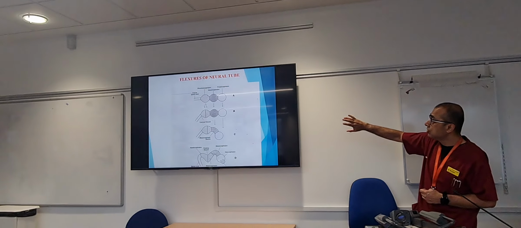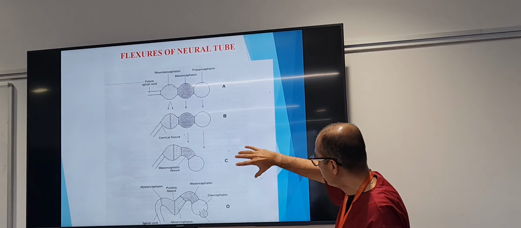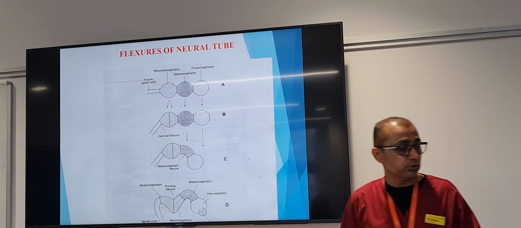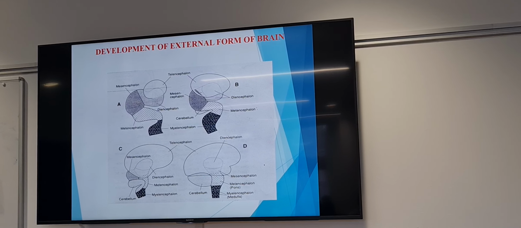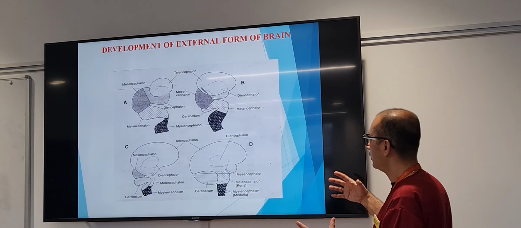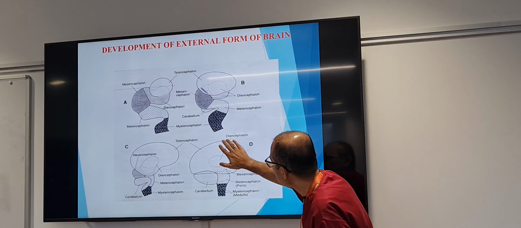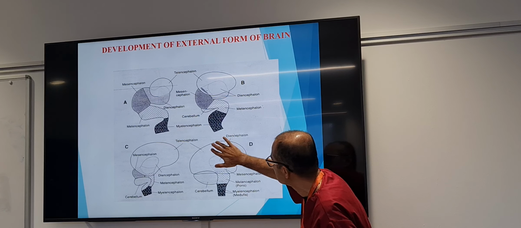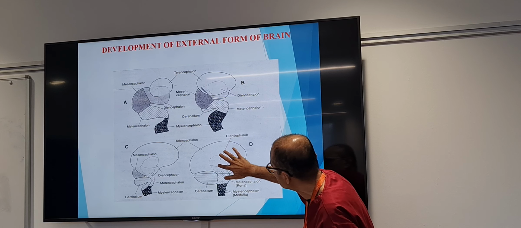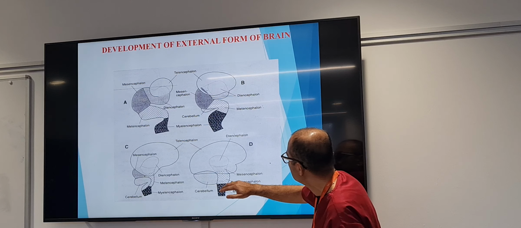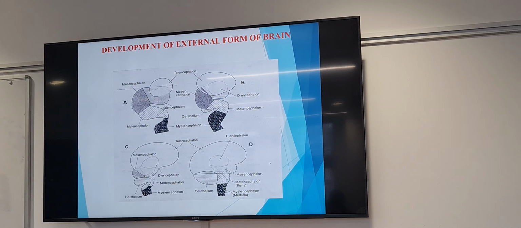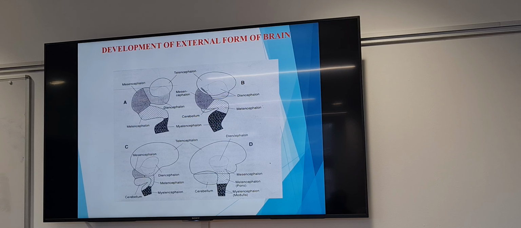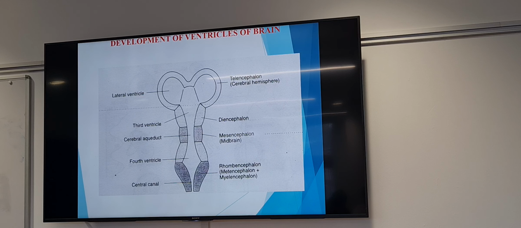Next, you can see how initially it's a tube like this, and gradually it folds itself to produce the form which we are more familiar with. That's how the cerebral hemisphere, or the whole brain, will look. That's the telencephalon, what we call the cerebral hemisphere. The diencephalon is inside that, and then we have the midbrain, pons, medulla, and cerebellum. That's how the brain looks when the baby is born. The last important thing: